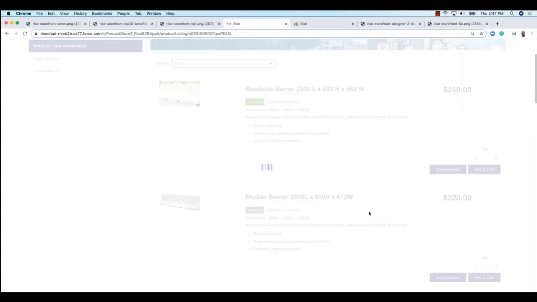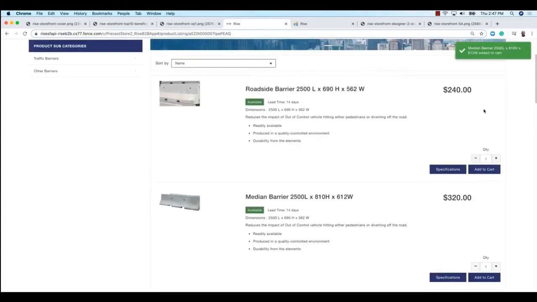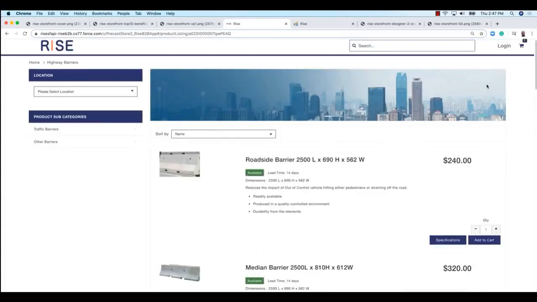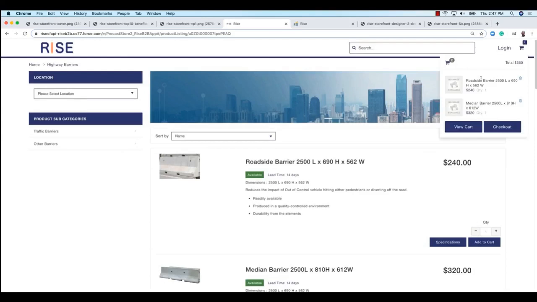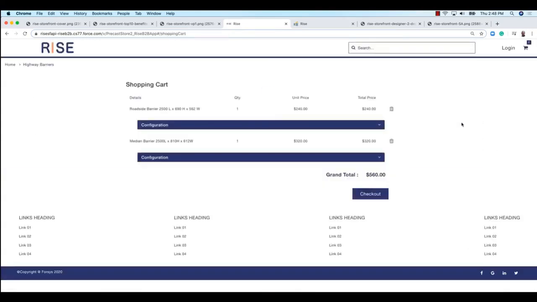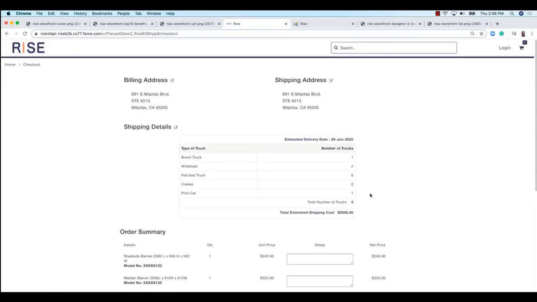The layout can obviously be controlled in what this UI looks like. At the end of the day, we have added 2 items to the cart. You can see the items are in the cart. You can view the cart. This looks like a standard shopping cart experience, right? So as you look at the shopping cart experience, you have your configured prices. If you actually go through the checkout process, this is where the underlying magic occurs.